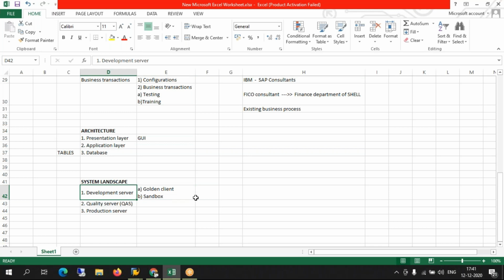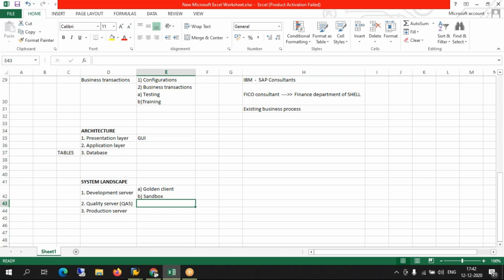Once it is green, no errors, copy all the settings from the golden client to the quality server. Why do we do this copy? Because it doesn't make any sense in repeating the same configurations again. So, which is why we store it in a dedicated server for one. Copied to the quality server, a battery of all kinds of advanced testings takes place. Unit test, regression testing, integration testing, functional testing, portal testing, load balancing test, server testing. There's a separate testing team which will be sitting doing all these tests.